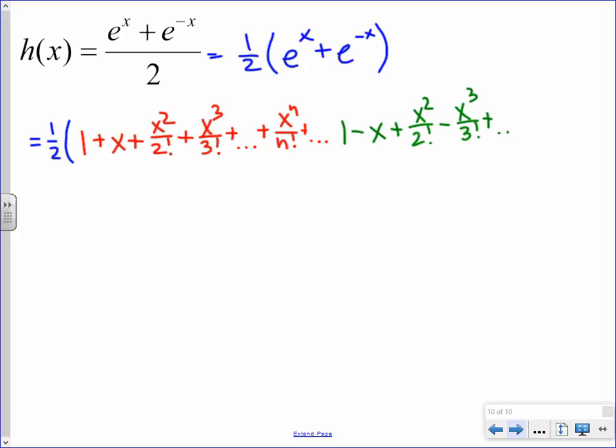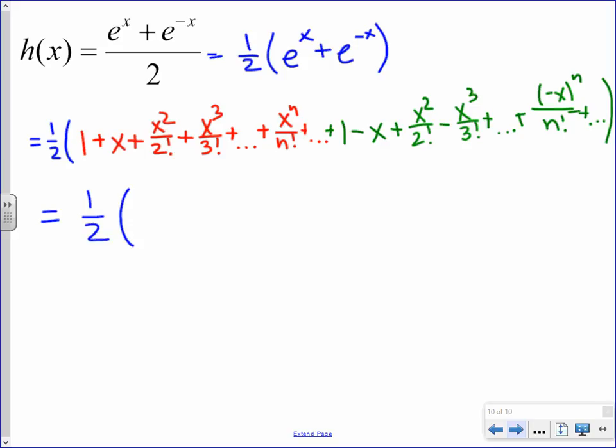And when we put a negative x into our series, we're going to write it as an alternating series, right? It's not our final result, so it's fine to leave it like that for right now. Okay? So, when we add these two series together,